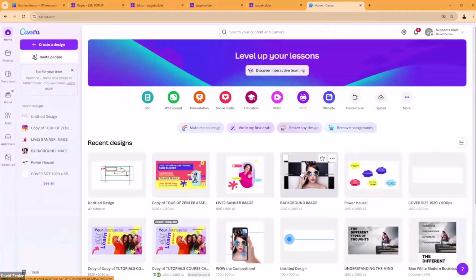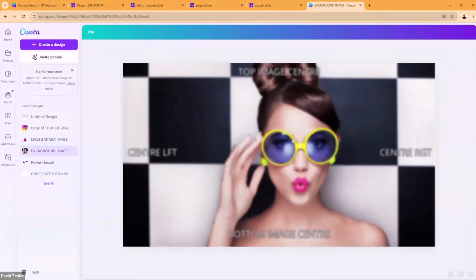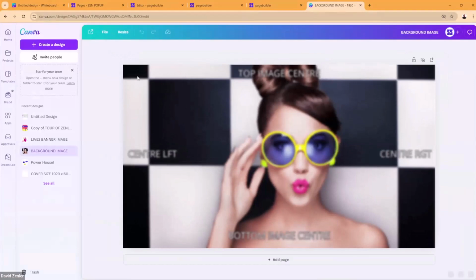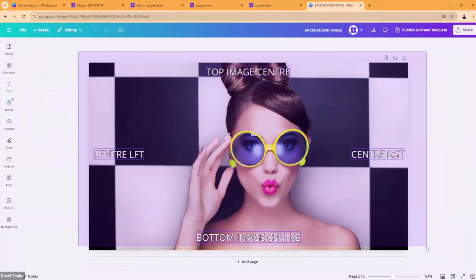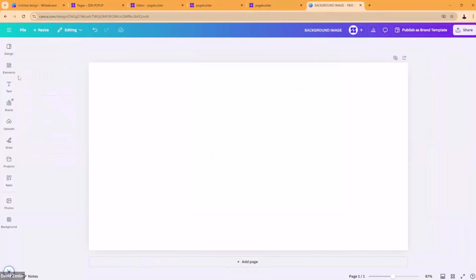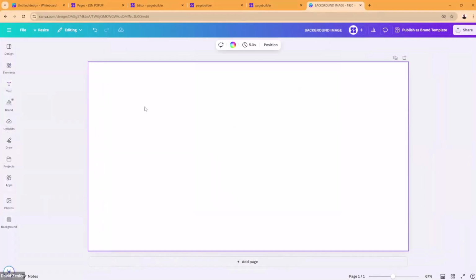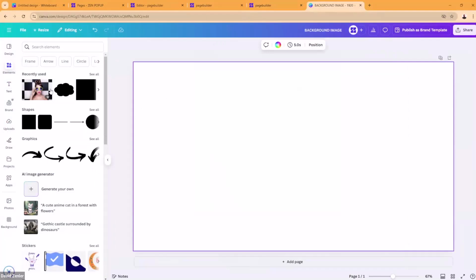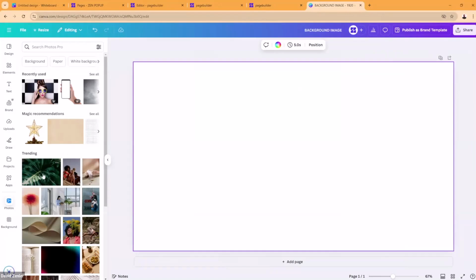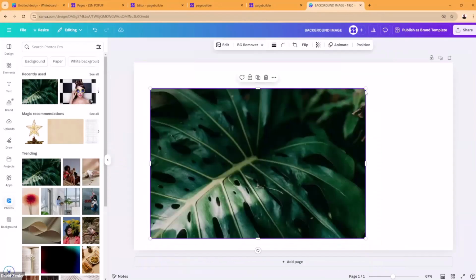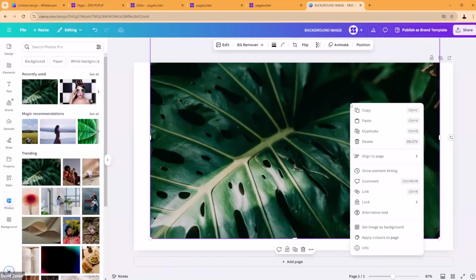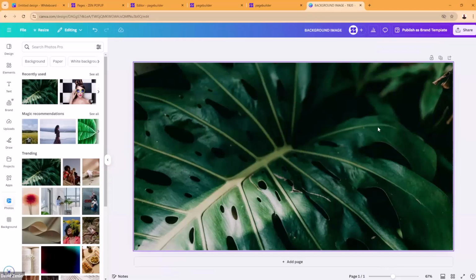So this is the first thing I'm going to do. Before I do the little build, I'm going to show you what you would do when you get this template. So if you want to put your own image in, you'll click and you'll open the template in your Canva account, and you'll basically just get all this stuff and you'll delete it all out. You'll just get rid of it all, okay? And now what we want to do is we want to add something inside here. So if I wanted to find another photo, for instance, you find a photo or you upload a photo, I'll just drag it in here and I'll just size it to whatever I like, or right-hand click and set as background. And now I've got a nice background image.